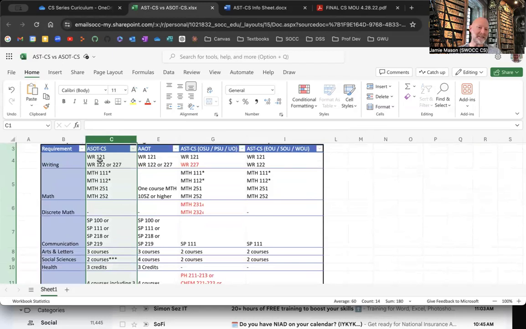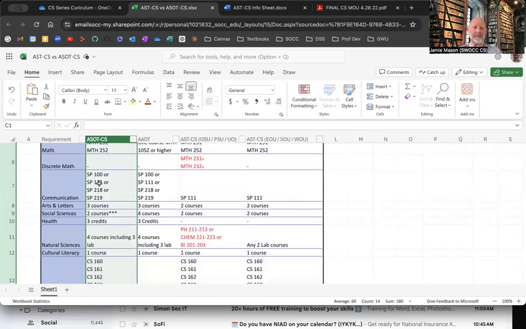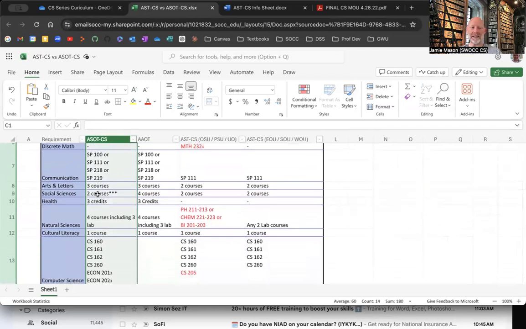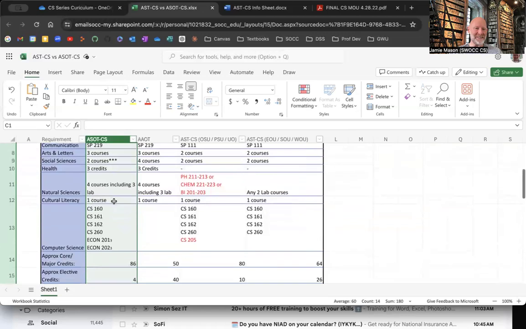Okay, so two writing classes, calculus 1 and 2, and math 111 and 112 aren't technically required, but most people need to take them because they are prerequisites for calculus. It's possible for you to test out of those, but most people end up taking those. A speech class, 3 arts and letters, 2 social science classes, a health class. You have two options, one 3 credit hour class or three 1 credit hour classes. 4 science classes, computer science, and also in addition to this computer science sequence, there are the 2 economics classes,